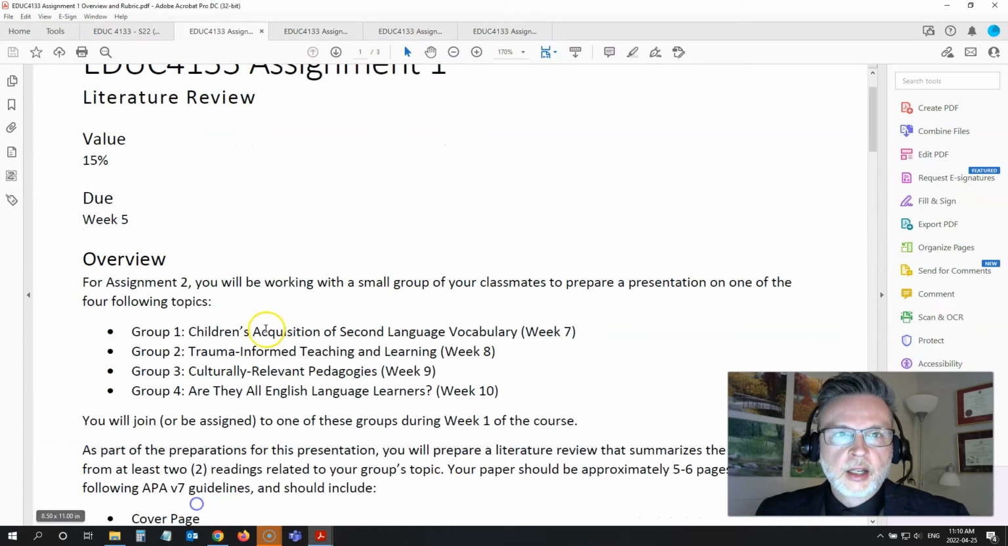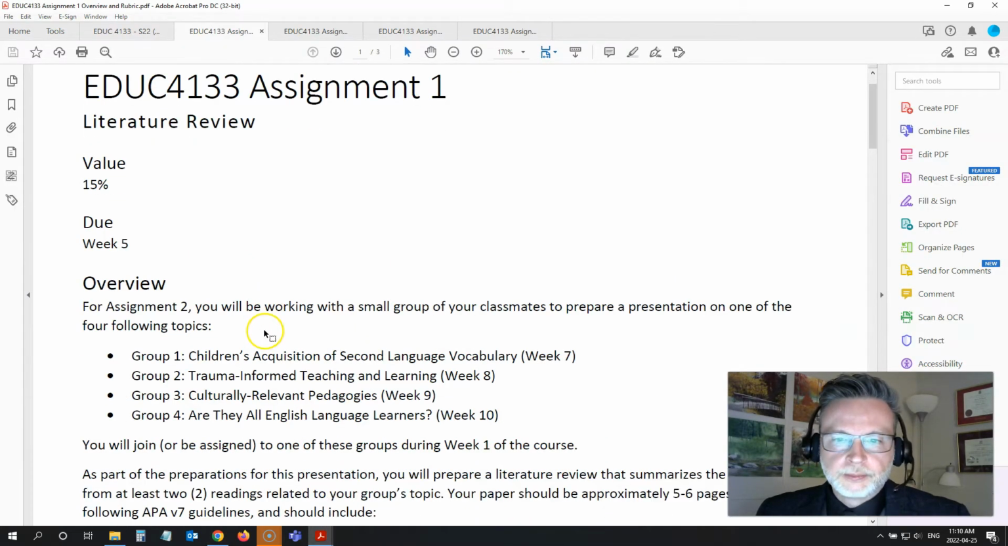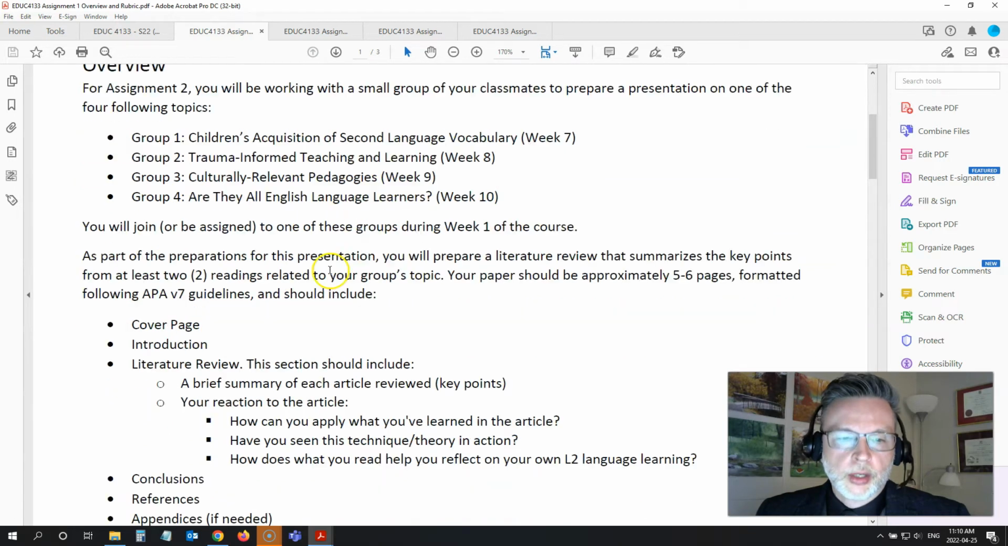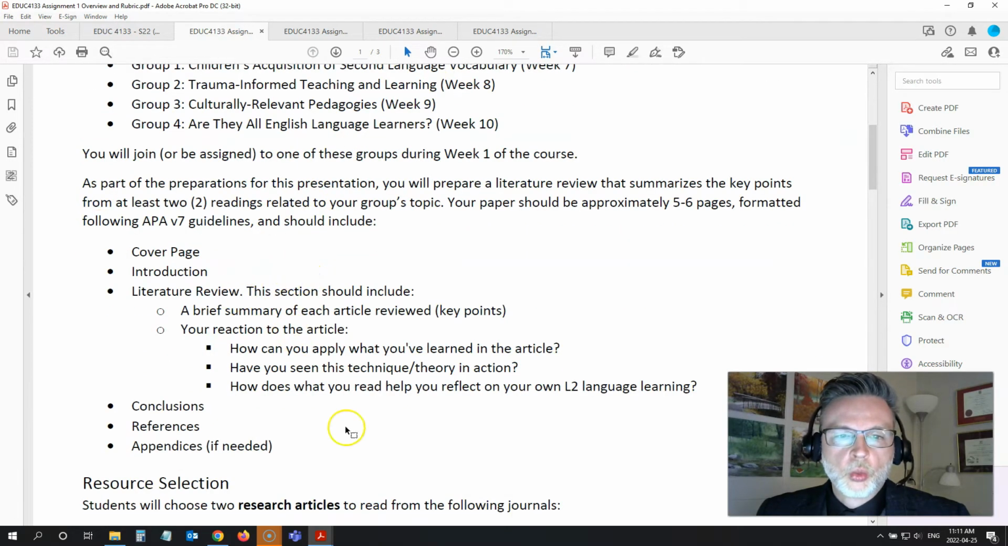So back to that literature review assignment. You need to do a short paper, 5 or 6 pages, APA version 7 guidelines, related to one of these topics, related to the group that you join. There's instructions here on what to include. So you're going to give a brief summary of the article, how you can apply what you've learned, have you seen the technique or theory in action, and how does it help? How does what you read help you reflect on your own language learning, your own second language learning